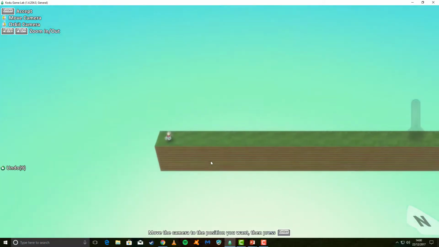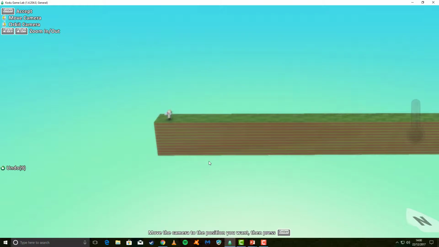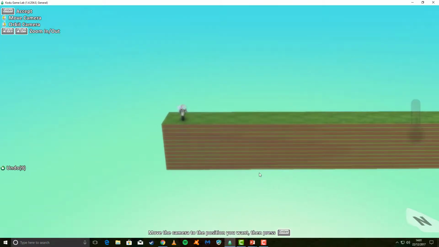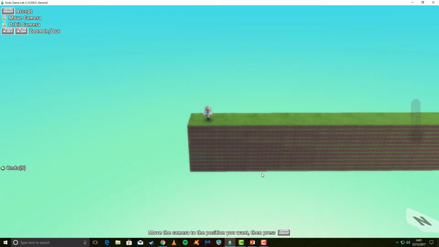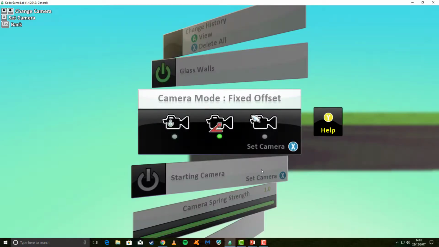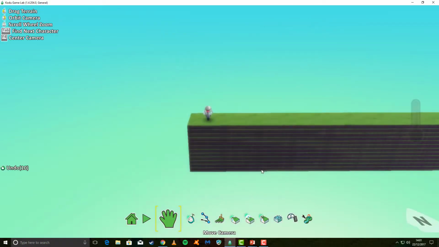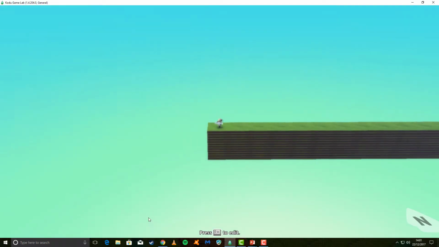So what I'm going to do here is select to get my game world roughly around about there. And I'm going to center my character on the screen. I'm now going to press enter, and then I'm going to press escape to get back into the main game world. What will now happen then is that when I play the game, you'll be able to see that I can go this way,